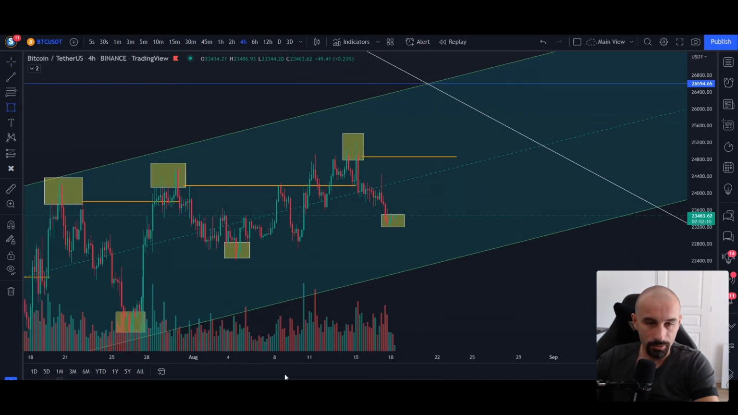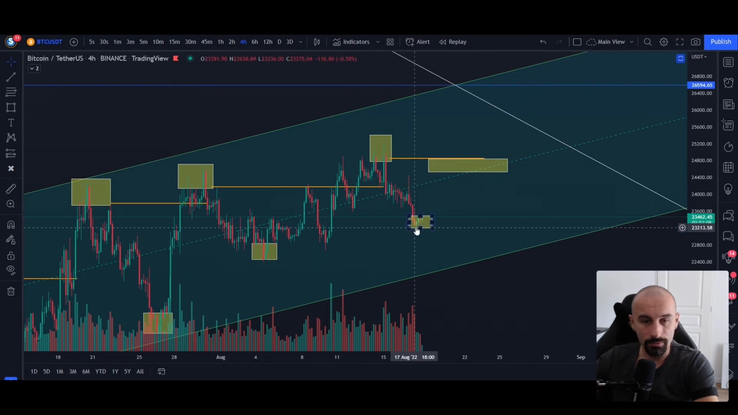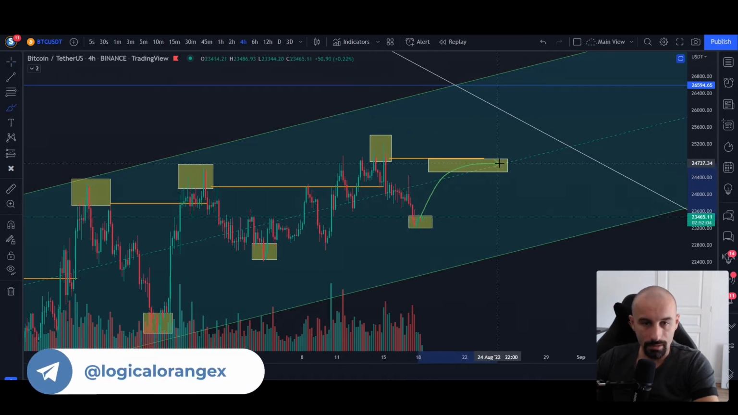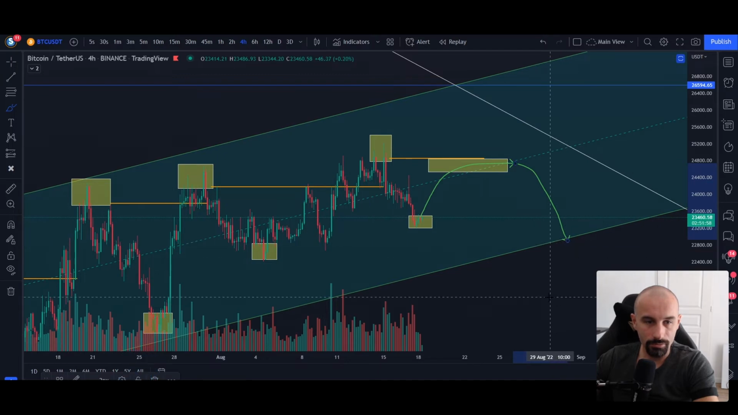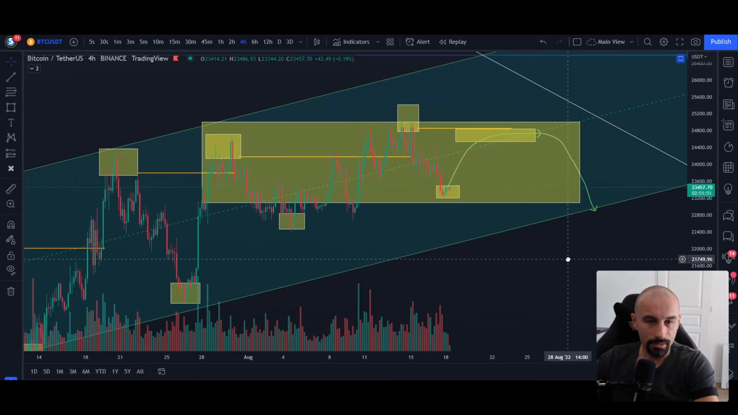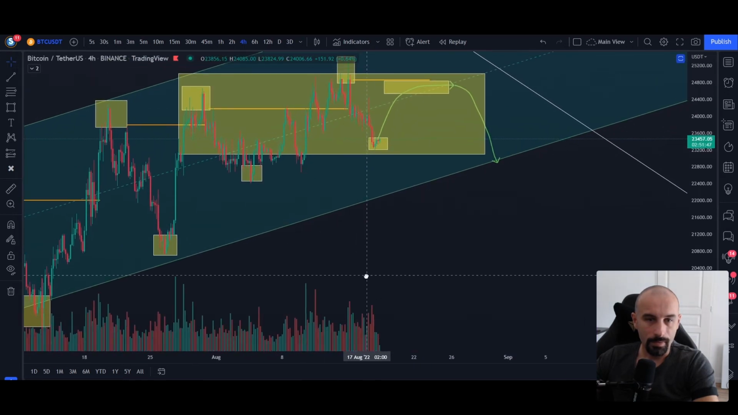This would mean also that this area right here would form something like a curve. Let me try to just draw it for you. Something like a curve where we lose momentum and then we continue to head lower. Now, this would mean that this whole pattern right here would be just the apex of this move, and then